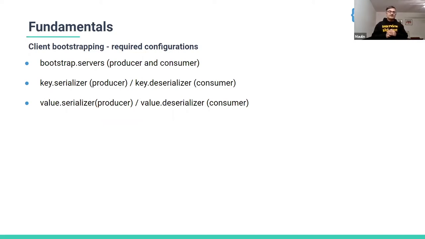The other configuration which is important to understand is serializer and deserializer. As I mentioned before, Kafka implements a custom binary protocol over a TCP layer, which means your custom data types need to be converted. There needs to be some way to convert them to a byte array. And on the producer side, and on the consumer side, there needs to be some way to convert those byte arrays into custom message objects again, which define the message. And this applies for the message key as well as the message value, both.